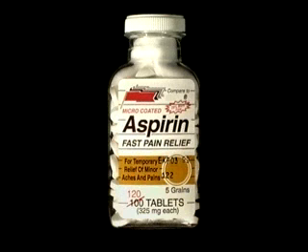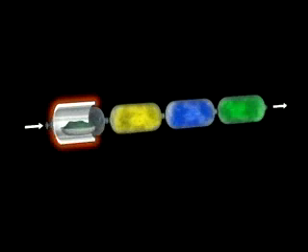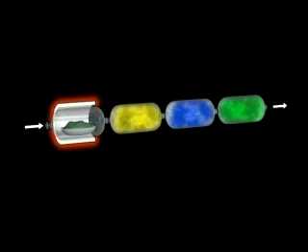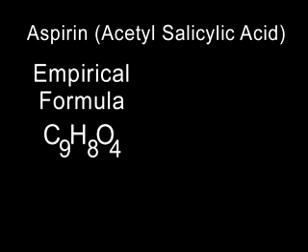Now, let's consider a more complex but familiar substance. Aspirin, a widely used pain reliever, is an organic substance made up of carbon, hydrogen, and oxygen. By use of combustion analysis, it is possible to determine the weight percentages of carbon, hydrogen, and oxygen in the compound. From such analysis, the empirical formula is found to be